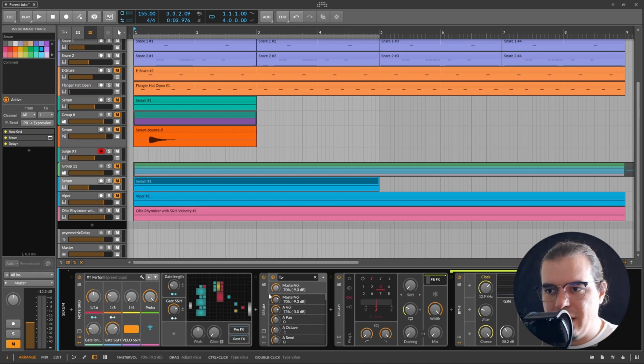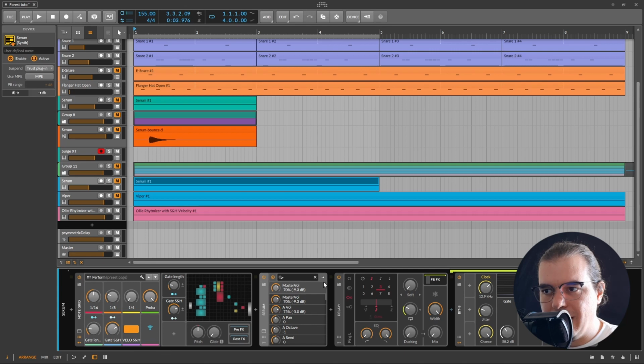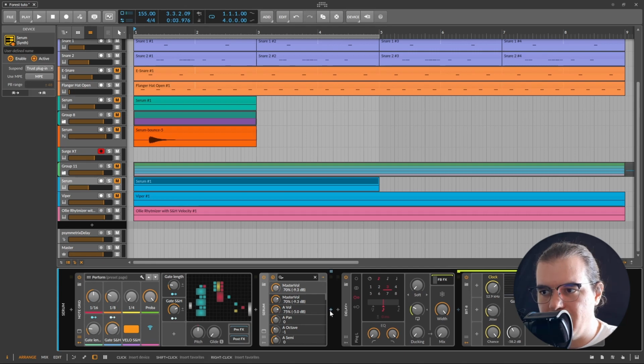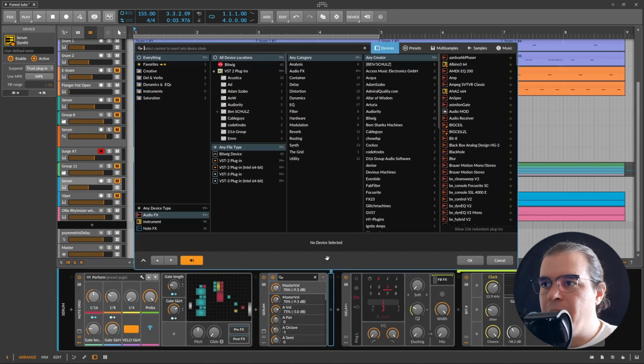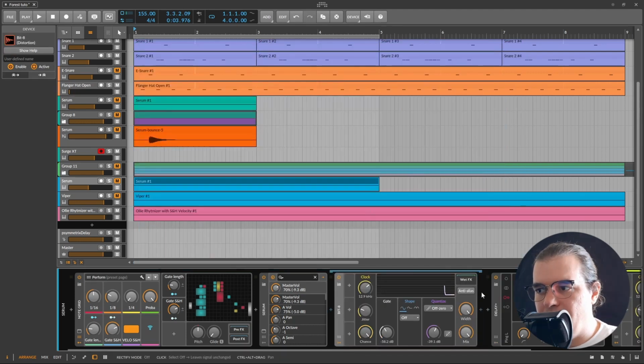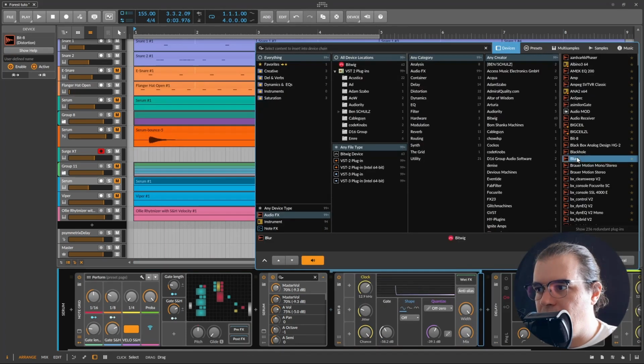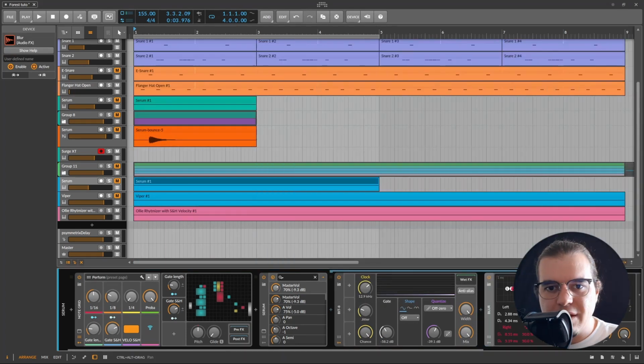Basically, if I take this Serum instance in here and click on this little arrow and then on this little plus sign, the blue one, I can add, let's say, a Bit 8 device and maybe a Blur device. And now these devices are contained within this Serum instance. And basically, in this chain, they're affecting the sound in serial, as if they were not contained within the Serum